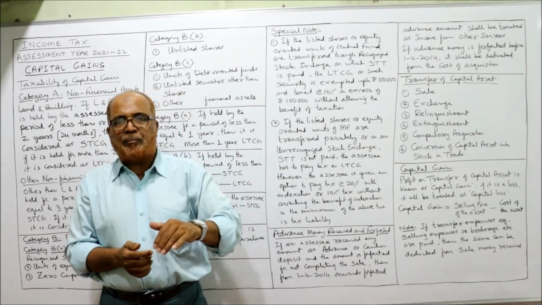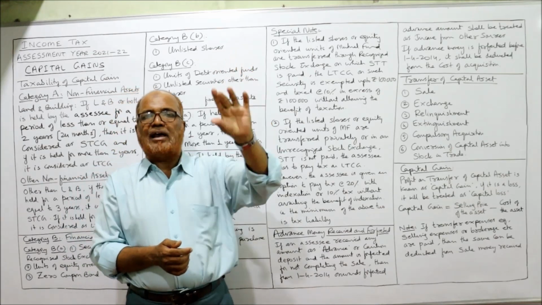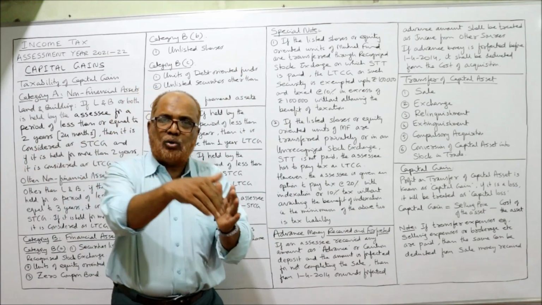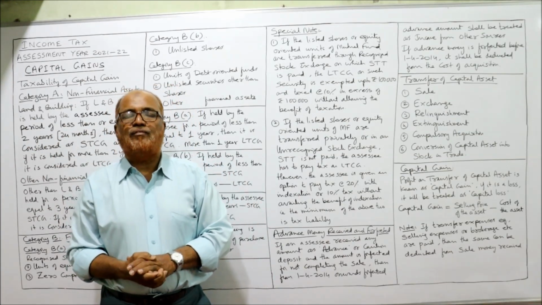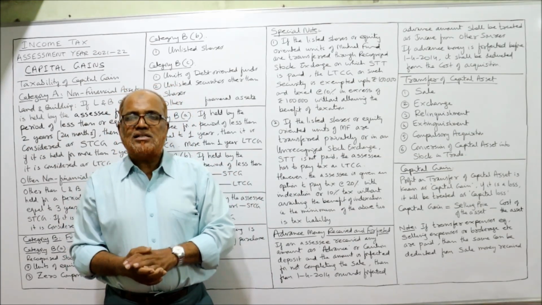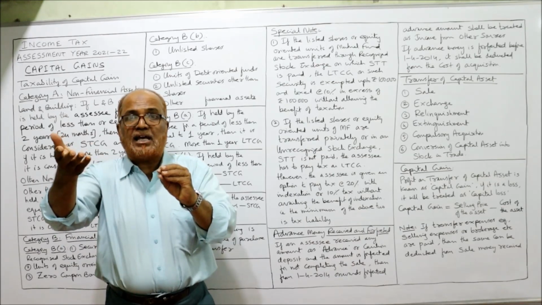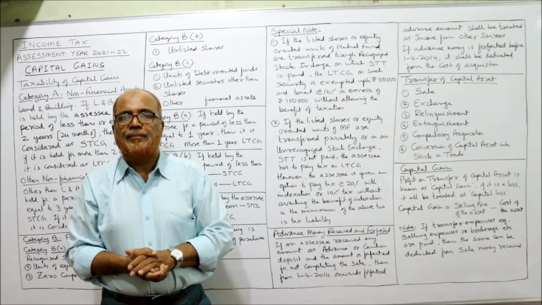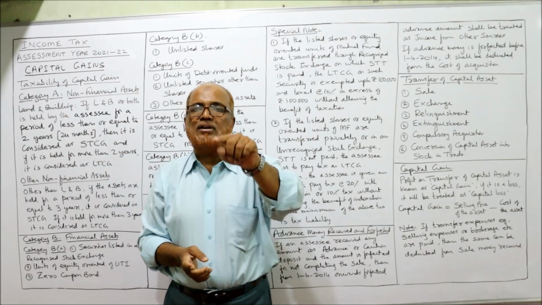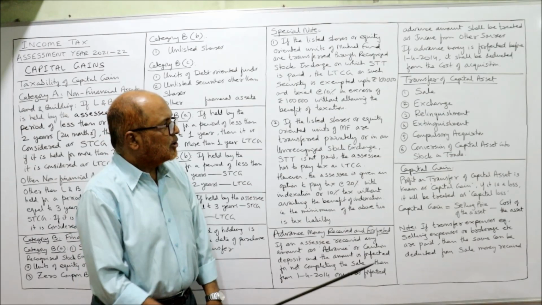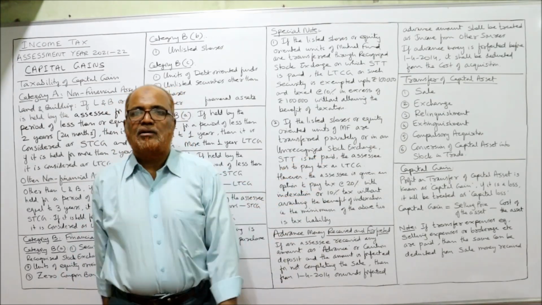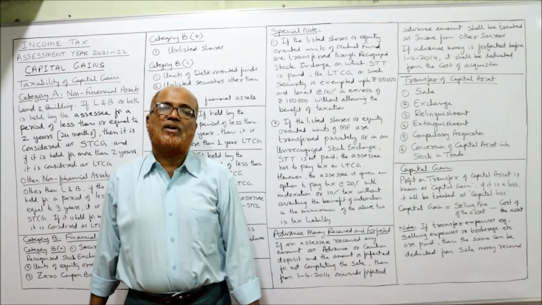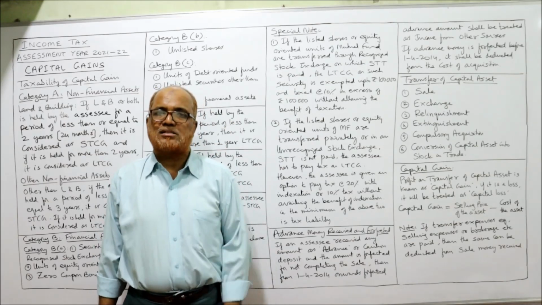Example, at the time of purchasing the gold in 2010, the value of the gold was 10 lakh. And at the time of converting that gold into stock in trade, the value of the gold was 15 lakh. Just 5 lakh rupees value of gold has increased. Income Tax Act says this 5 lakh rupees is a capital gain. He has to pay the tax because he has converted the capital asset into stock in trade. So I have explained all these 6 points. These are the provisions of Income Tax Act regarding transfer of capital asset. It will be asked in theory question.